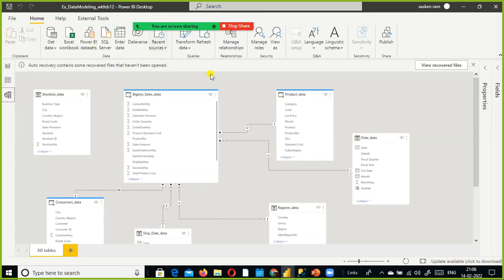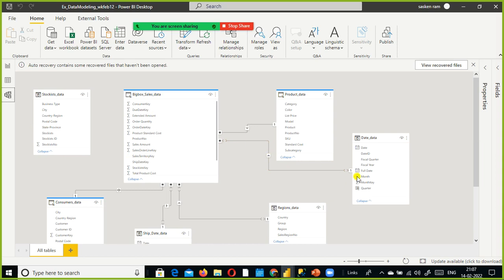Next, I have three date columns in this table: order date key, ship date key, and also due date key. Anyhow, let's not worry about the due date key. Now I want to see the sales amount by ship date.